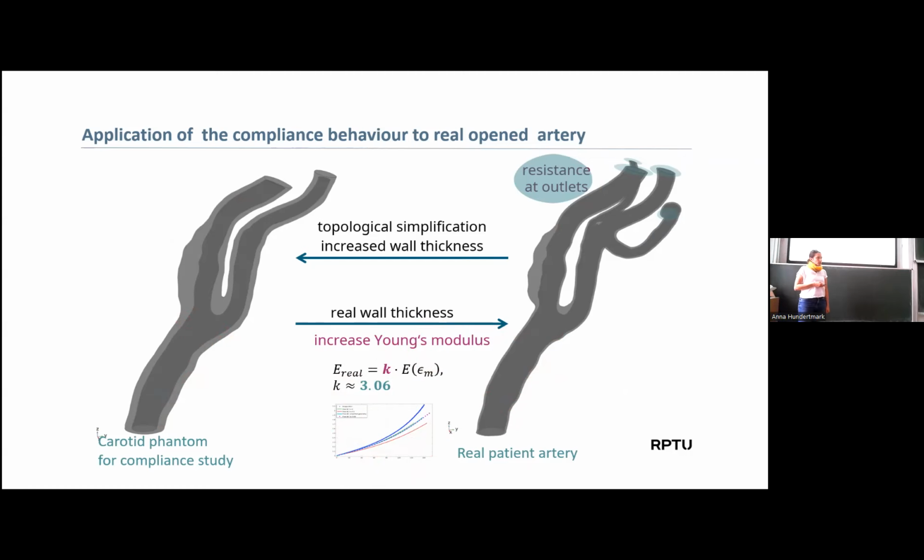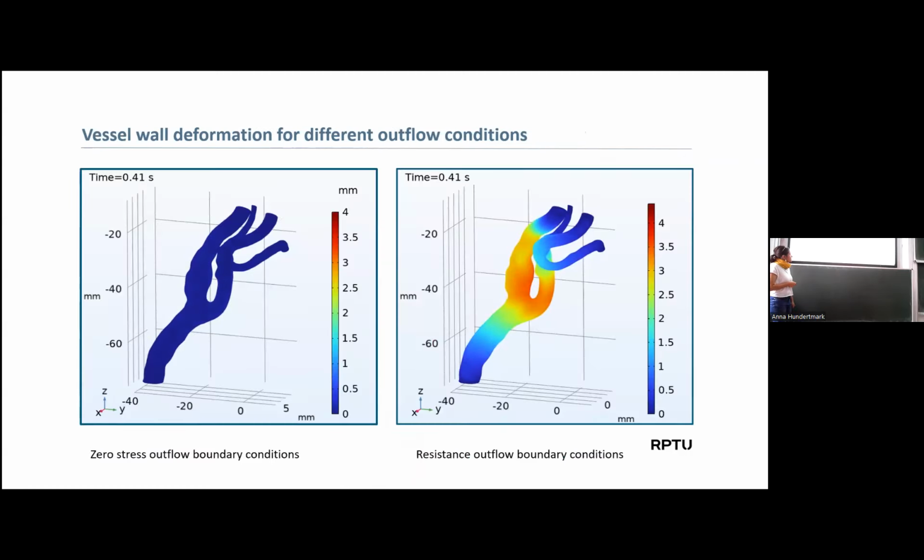Okay, and here are the results. On the left-hand side, you have the deformation of the vessel. You see very low values, almost blue, in millimeters, with the zero-stress outflow boundary condition, this do-nothing boundary condition, which we used at the beginning, but then we went to the resistance boundary condition, which is on the